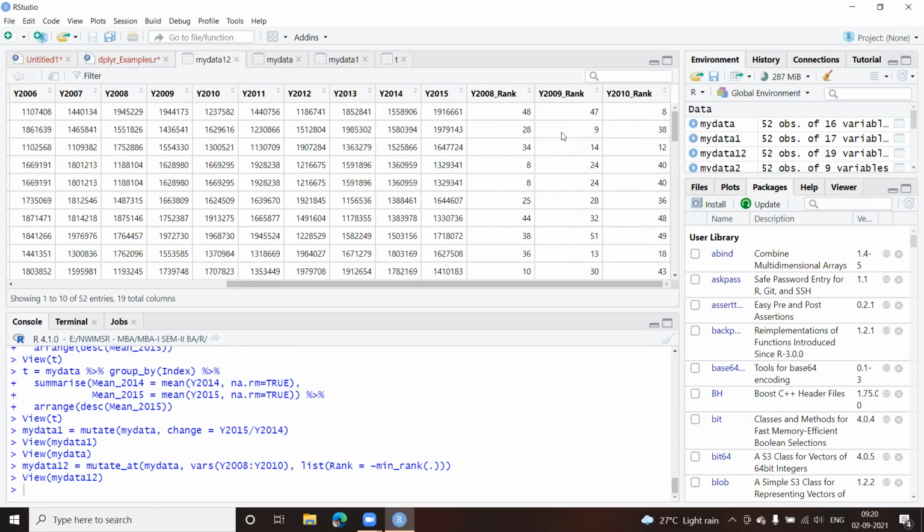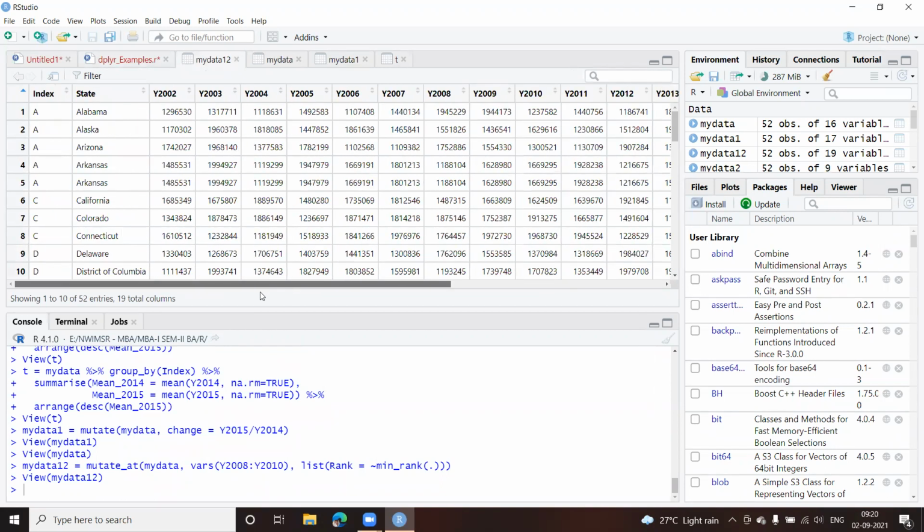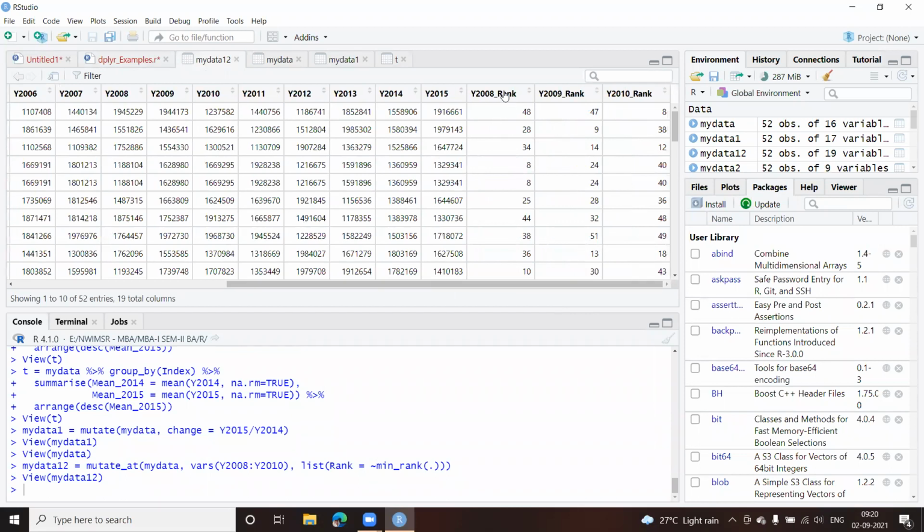Here we can see for 2008, 9, and 10, it's calculating the ranking for me. And this 48, 47, the rank for this particular city or the state changed from 48 to 47. And finally, in 2010, it was ranked 8.